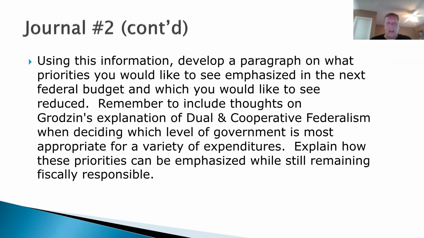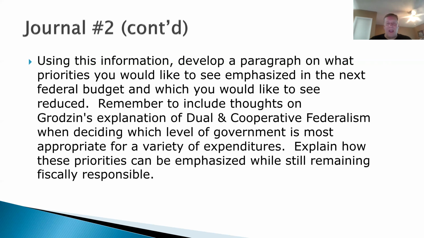So we know what Grodzins tells us about his thoughts on dual versus cooperative federalism. His belief that dual federalism probably never existed. We've always had a cooperative approach to federalism. But think about his arguments that he makes in that article when deciding which level of government is most appropriate for the expenditures. Explain how these priorities can be emphasized while still remaining fiscally responsible. So again, think about, because if you're saying that you think that these programs in the federal budget should be expanded, then you're arguing for more federal